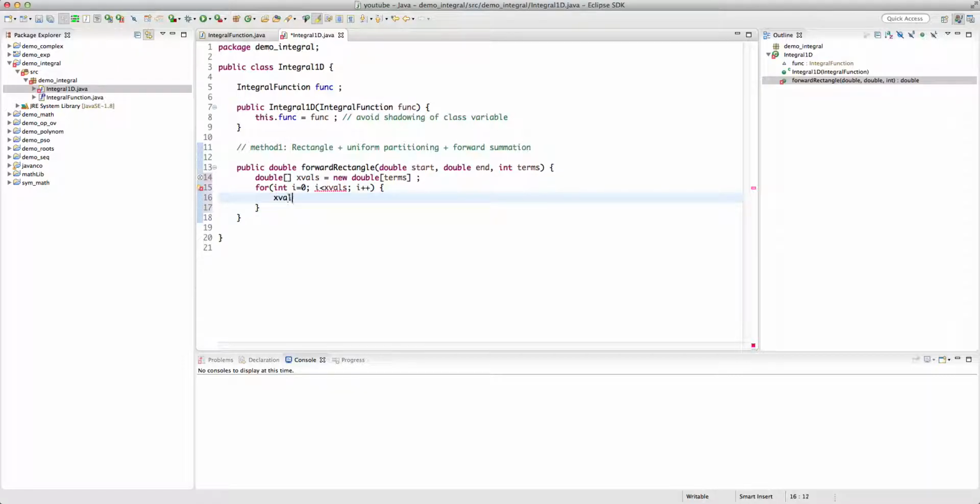What we're going to do, x vals I, actually this should be x vals dot length, is start plus I times delta. So we also have to define our delta, double delta, which is end minus start divided by terms. All right, I times delta. This is the definition. We have n terms, and after finding the x vals, what we are going to do,